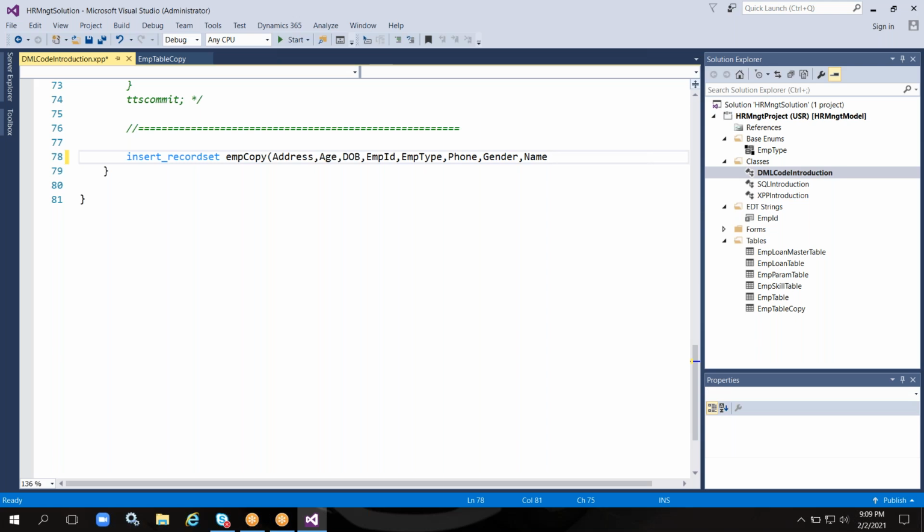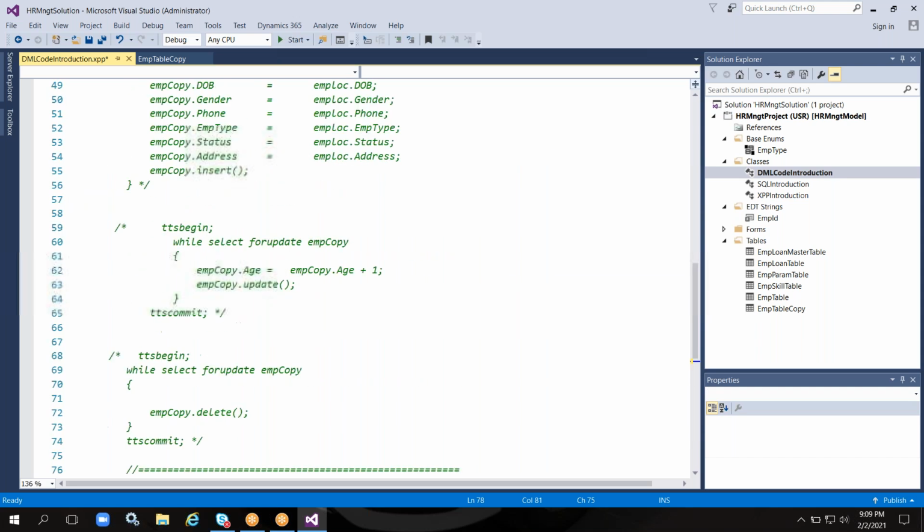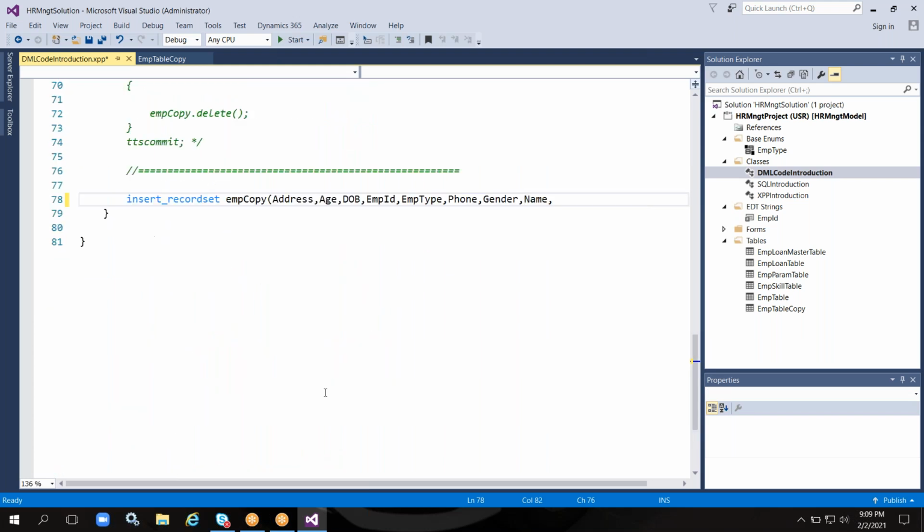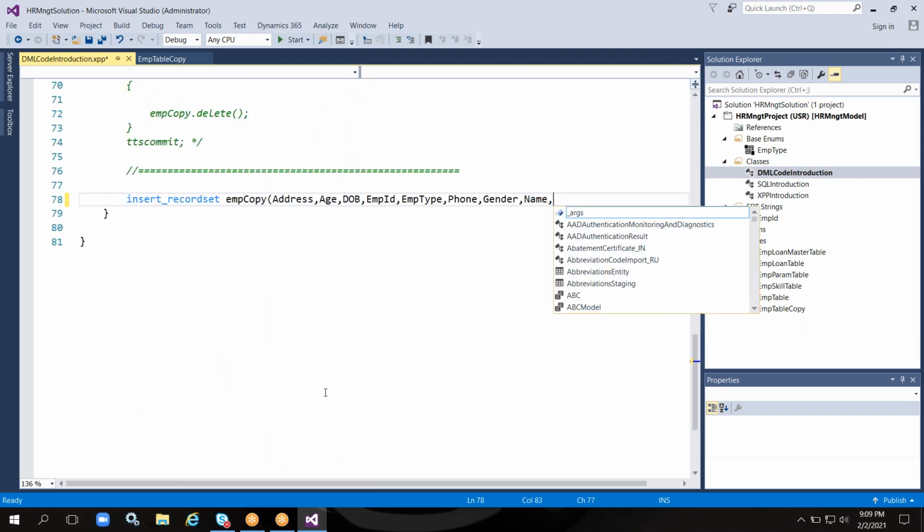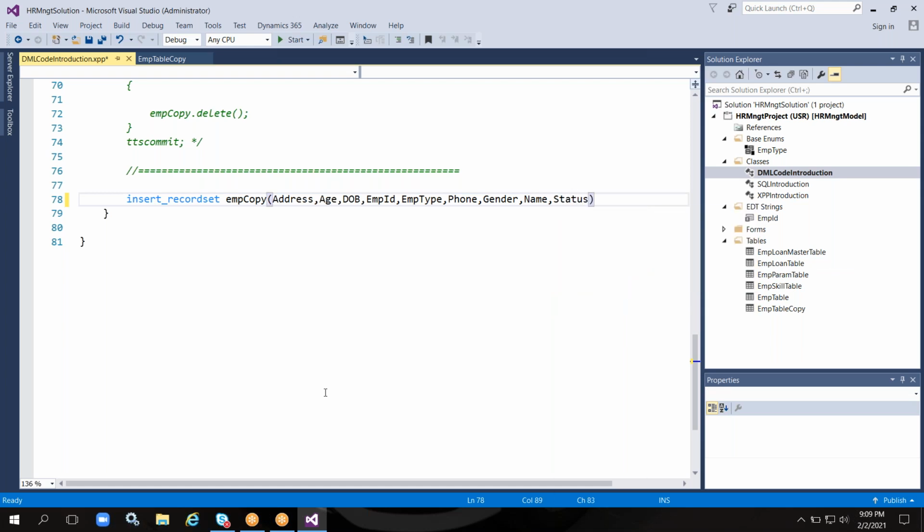Total 9 fields we have: 1 2 3 4 5 6 7 8. What we missed, status. Okay, status, right? And here select the same fields, the list of fields from the source table,